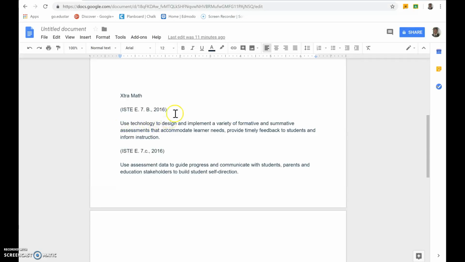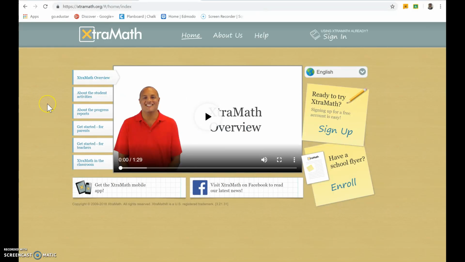Students use technology to design and implement a variety of formative and summative assessments that accommodate learner needs, provide timely feedback to students, and inform instruction. And then the other one: they use assessment data to guide progress and communicate with students, parents, and education stakeholders to build self-direction. So what XtraMath is, it is basically a website designed for students to be working on their